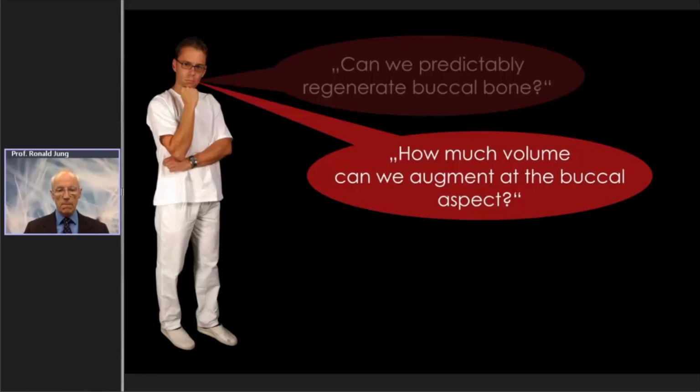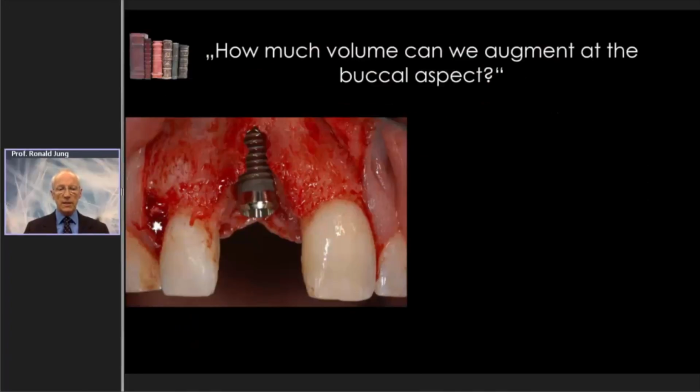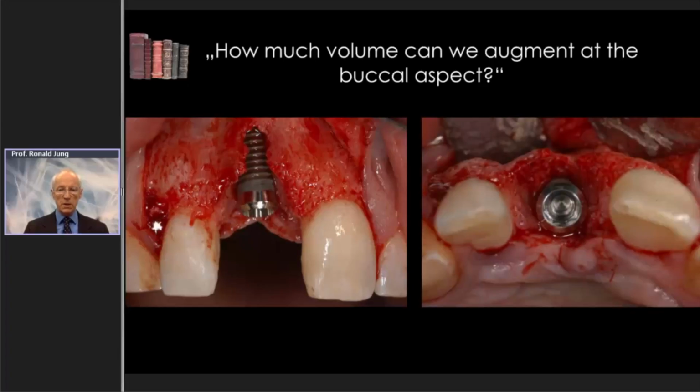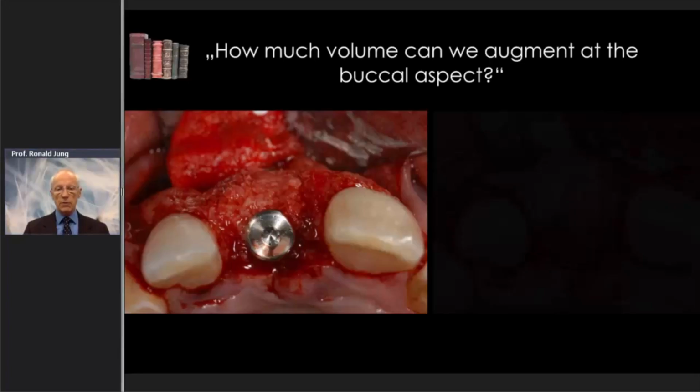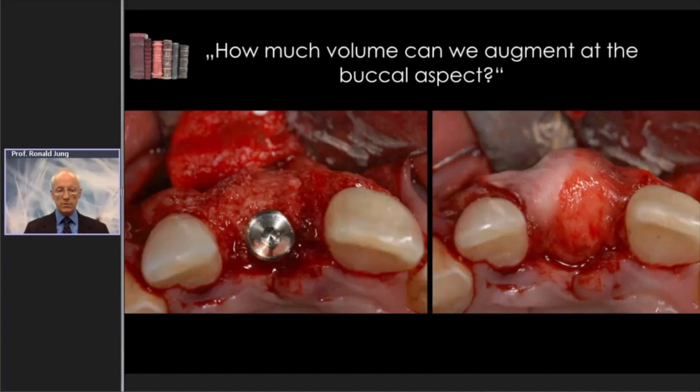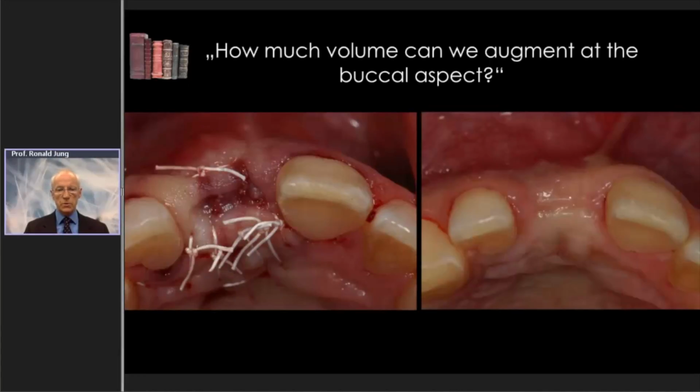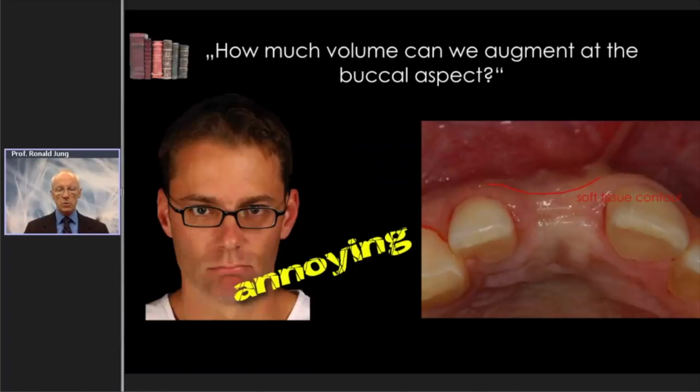Let's look at a study where the dehiscence defects were treated. We have 2 typical images from this study. The grafting material placed and the membrane placed. Closure, suturing for primary healing. We have good volume, and after some time, we look at the site again and we'll say, there's a reduced contour. Maybe you should be able to augment more and have a more stable contour. In any case, this is an annoying situation.